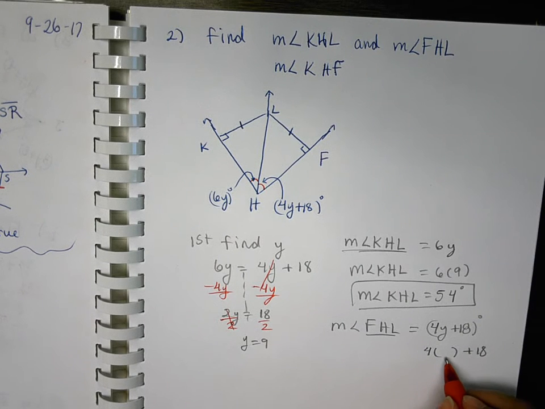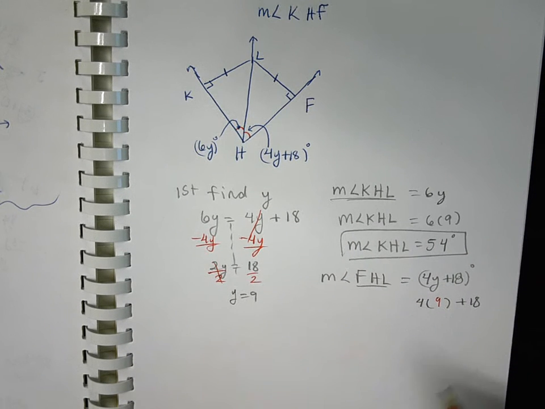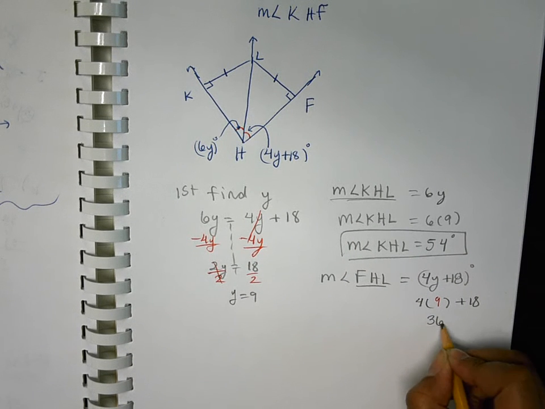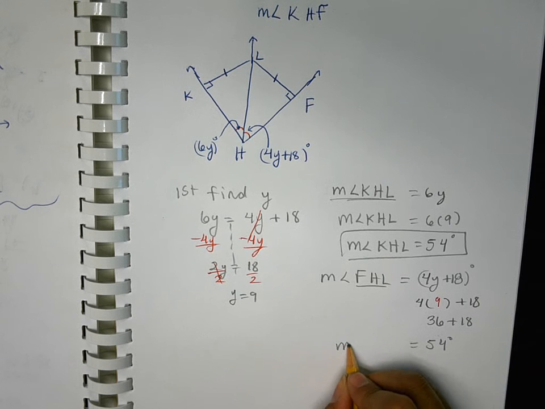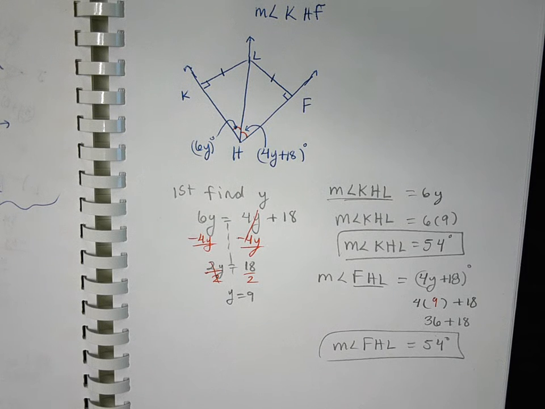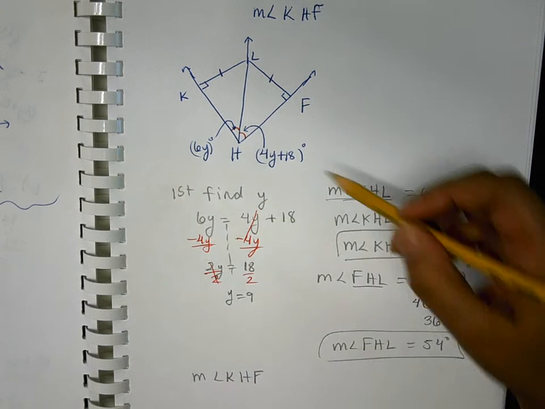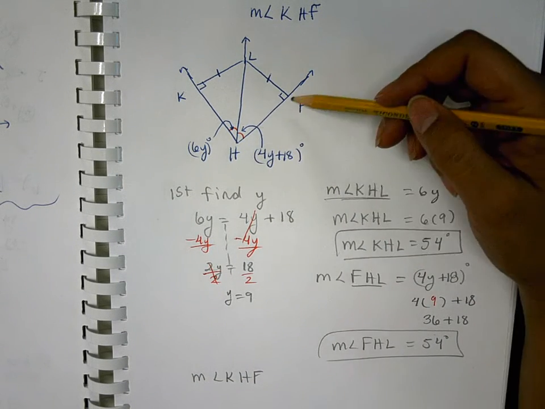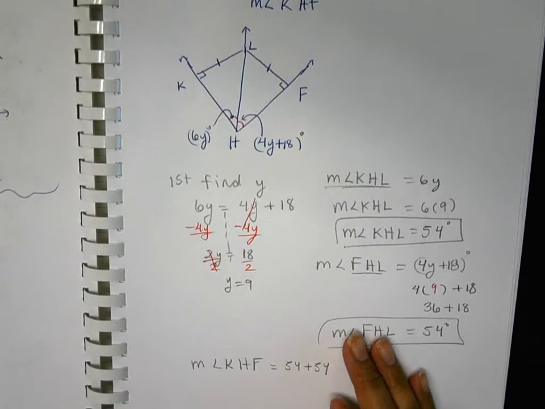What do I plug in here where the y used to be? 9. 4 times 9 is 36 plus 18 is, what is it? 54. Okay, so the measure of angle FHL is 54 degrees. Did they come out to be the same? Now, what's the last angle they're asking us for? KHF, which is what? Is it the two angles put together? Okay, so what do we do? 54 plus 54, or if you want to use multiplication, 54 times